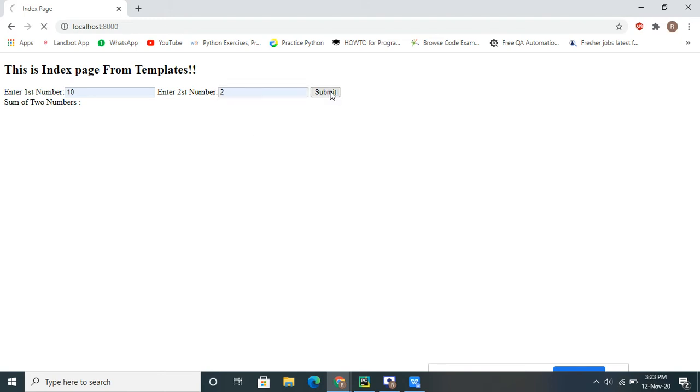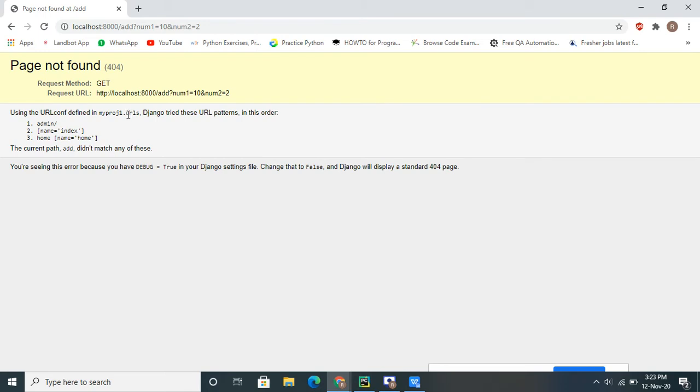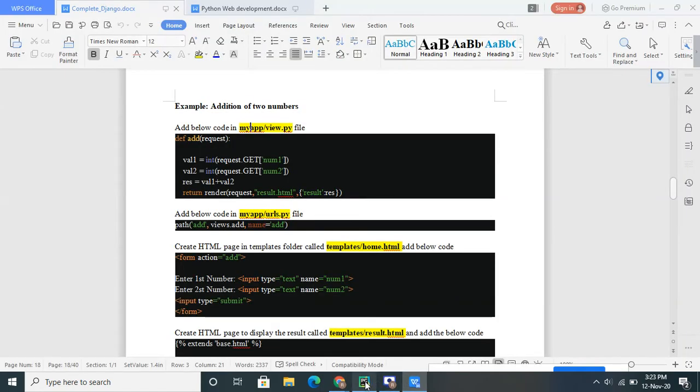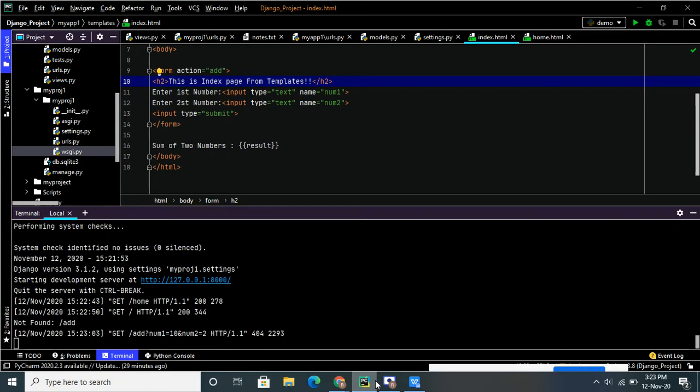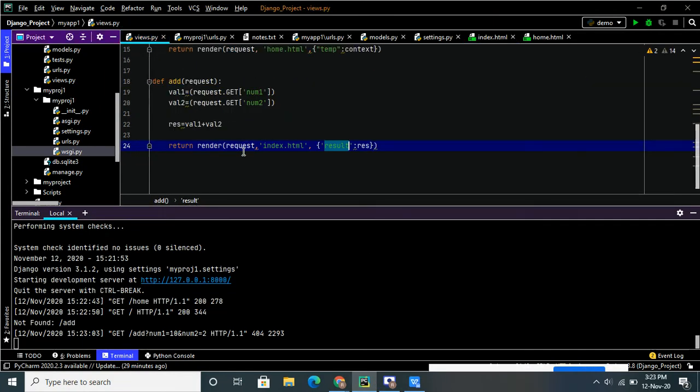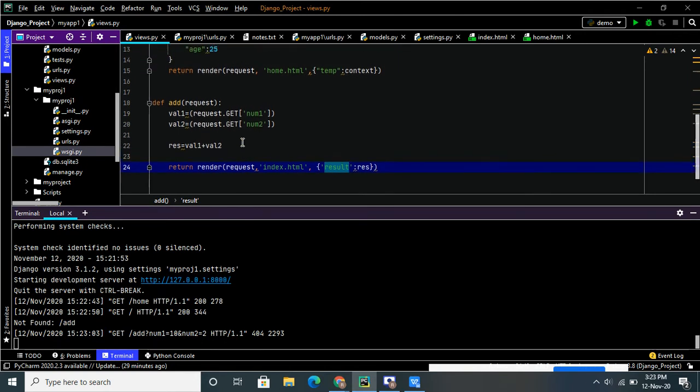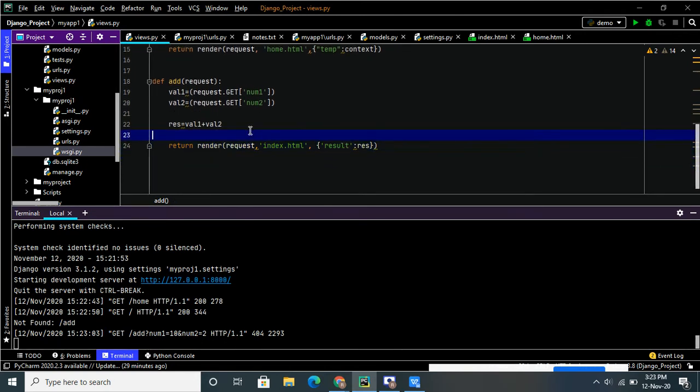The answer should be submitted, but you can see page not found because, okay, just a minute. I mentioned the wrong page number here. In views, okay, here we have to register this method in the URL file. That's why it's giving an error.